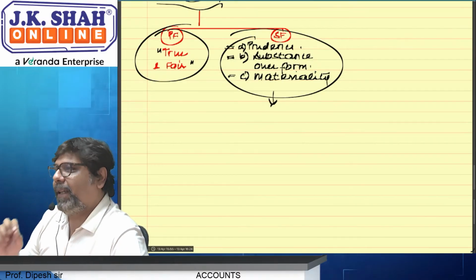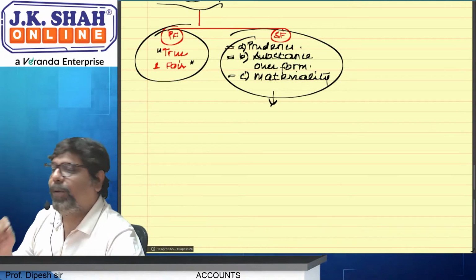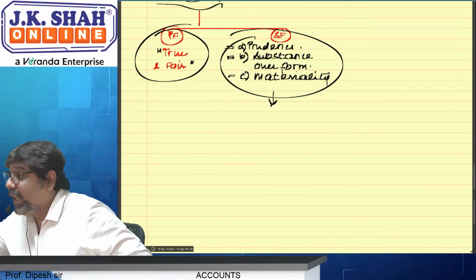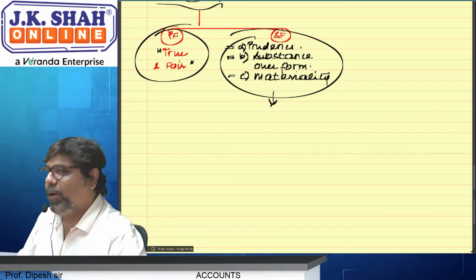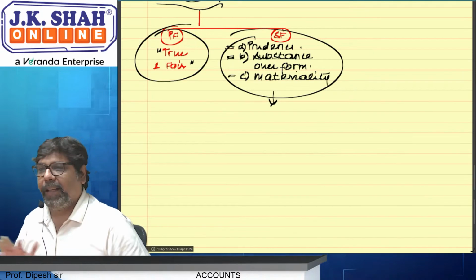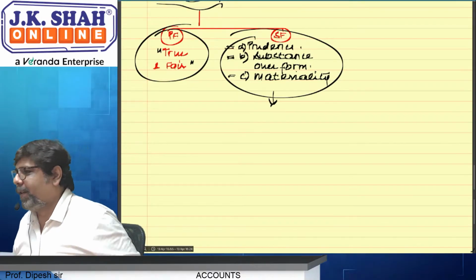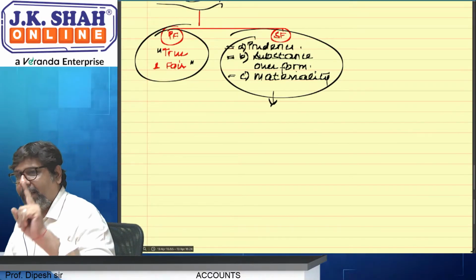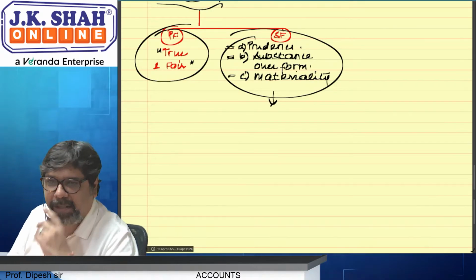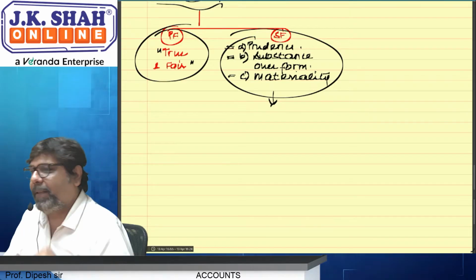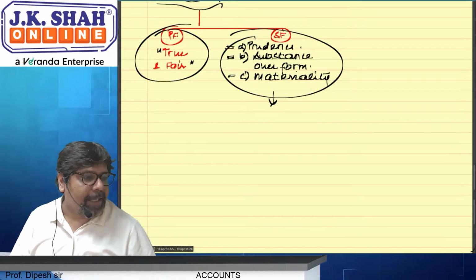Or the government says, law says now closing stock will always be valued on FIFO only. So if I was valuing on the weighted average method, bad luck, I have to change. So can I change the accounting policy? Yes, if there is a change in law, a change in accounting standards, or for better presentation of financial statements. Correct or incorrect? Correct.